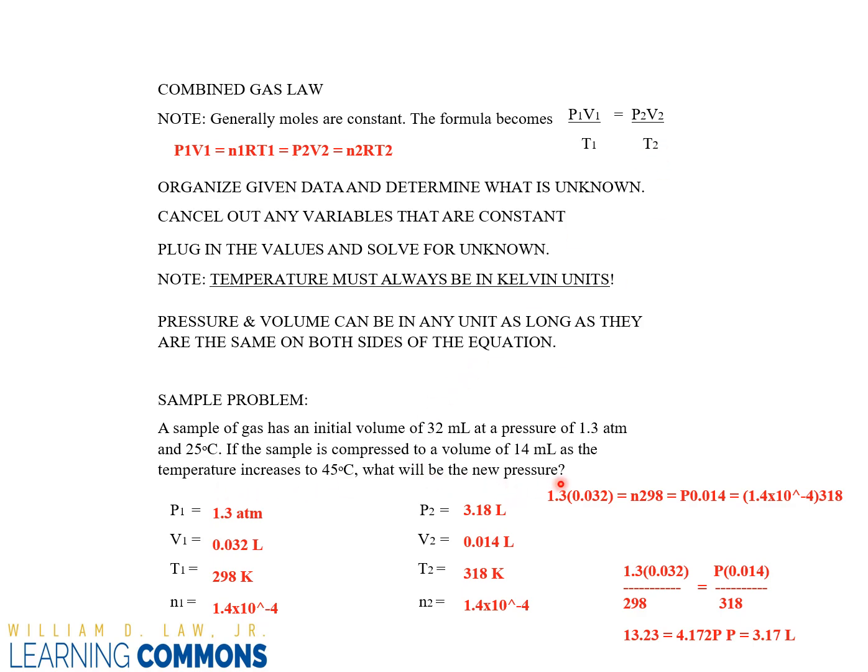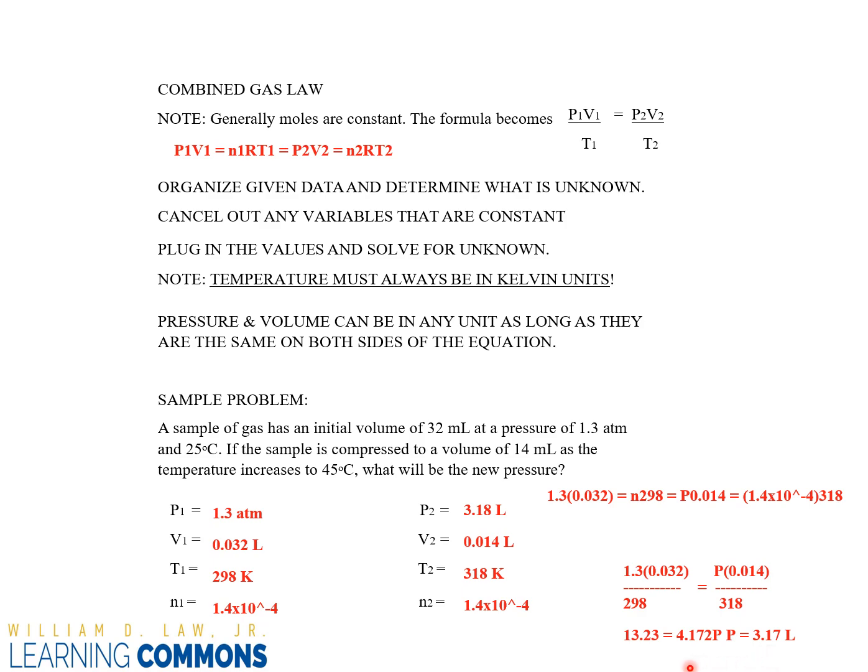He asks you about P2, because for the gas law, most of the time we deal with Kelvin temperature. After I convert the Celsius to Kelvin, I plug in all the numbers. If you see here, all the numbers, I am solving for P2, and you will find the final